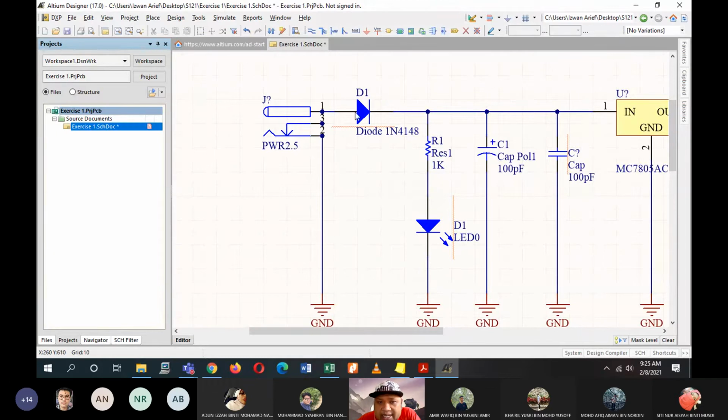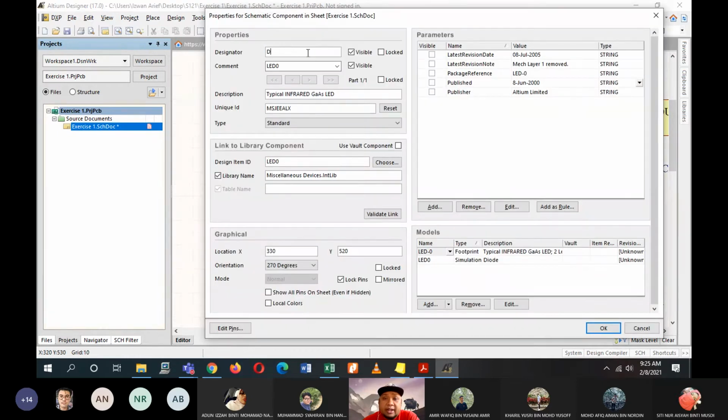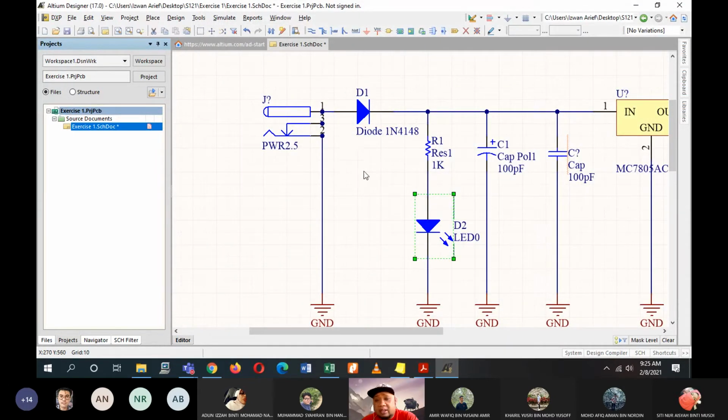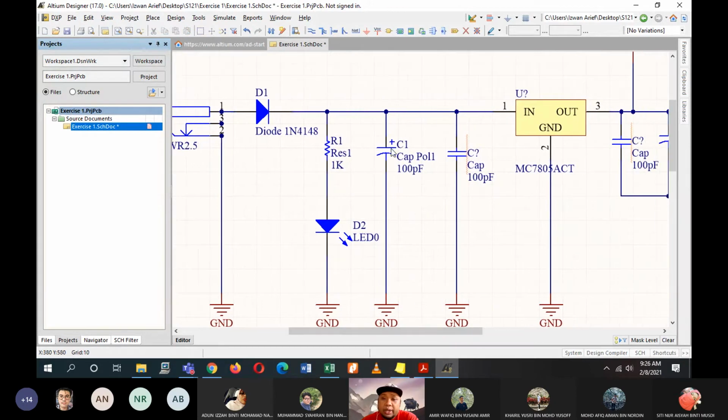It will not go to the LED. And then it will go to ground. Automatically the ground will be moved somewhere around here. So when you accidentally did that, your circuit will be wrong. And then when you design your PCB and place all the components, you solder, and then it will not be functioning well. Okay, so make sure they have different designators. But later on I will show you how to do it automatically, so everything will be given its own name. As for now, we do it manually.